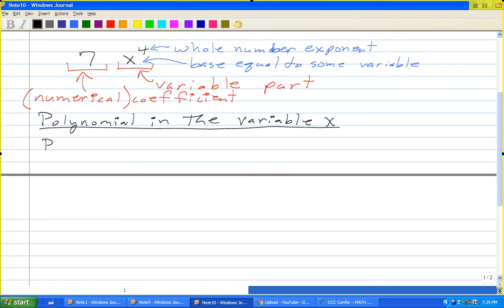The subscript of n here will actually be something called the degree of the polynomial. It will consist of some constant times x to the n, another constant times x to the n minus 1, plus some constant times x, plus some other constant, where